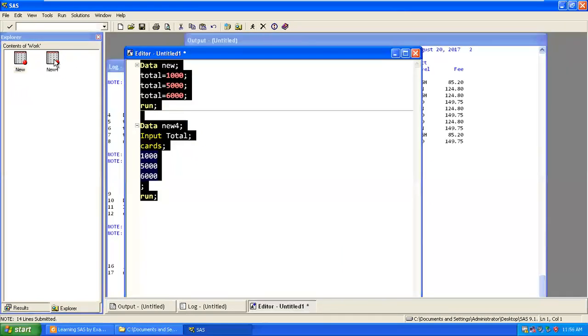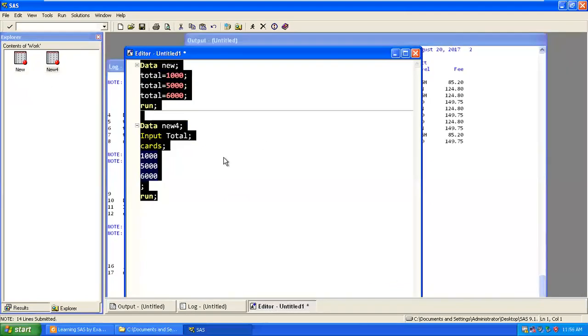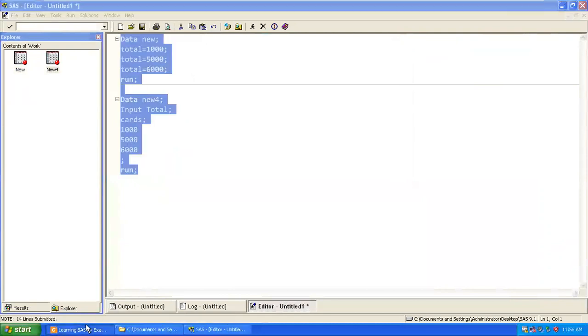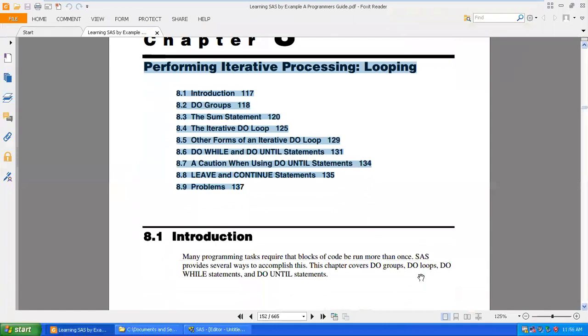Now try to look for this new 4, you will be able to get this value. But how are we going to work with any number of values, without using this, if I have some function which can repeat according to need? So the do loop is going to help you process in a repetitive mode.